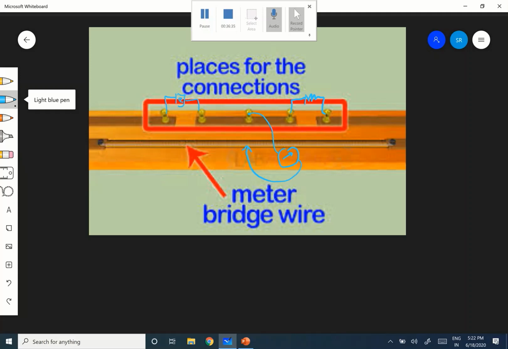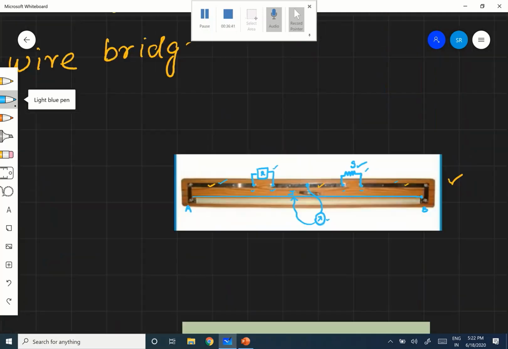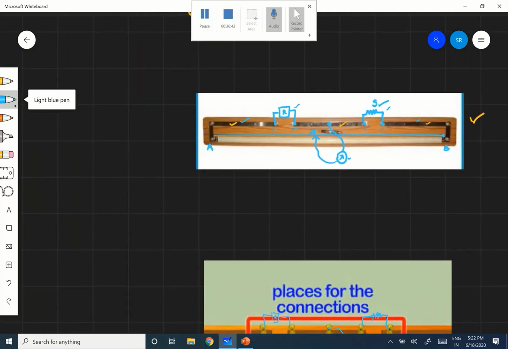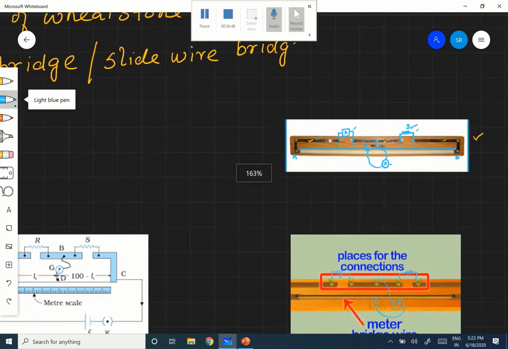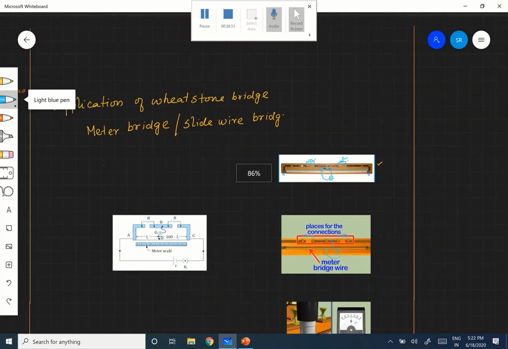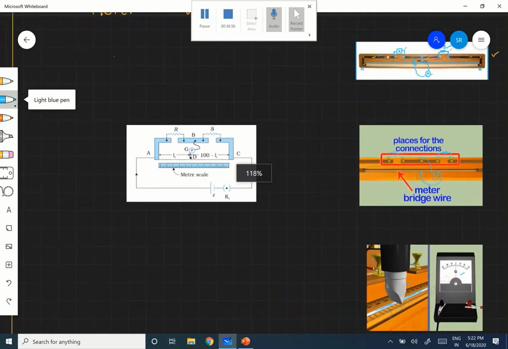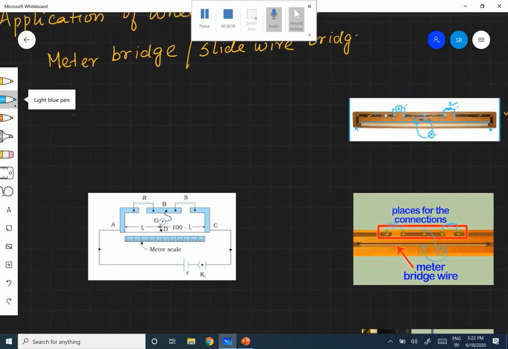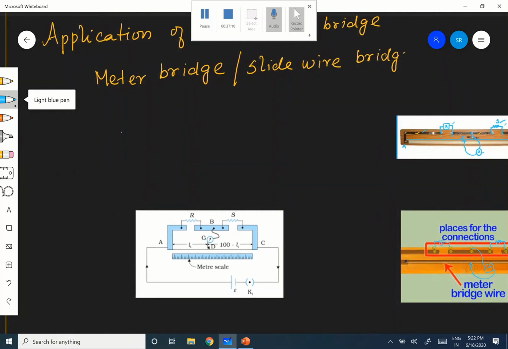Then how to use it now? That is the question. I think you now have an idea about what a meter bridge is. So now let us go to the explanation of how to use it for finding the unknown resistance, that is S. So, the circuit diagram. If you want me to draw the circuit, this is the actual circuit diagram.